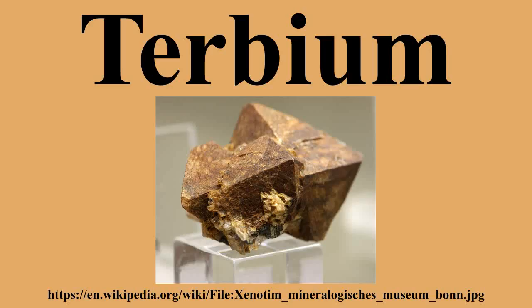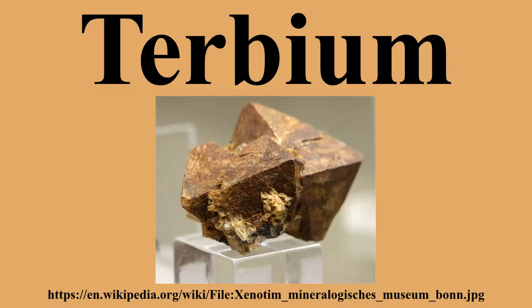Terbium is a chemical element with symbol Tb and atomic number 65. It is a silvery-white rare earth metal that is malleable, ductile and soft enough to be cut with a knife. Terbium is never found in nature as a free element, but it is contained in many minerals, including cerite, gadolinite,